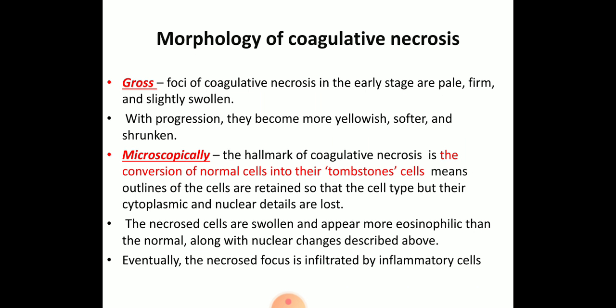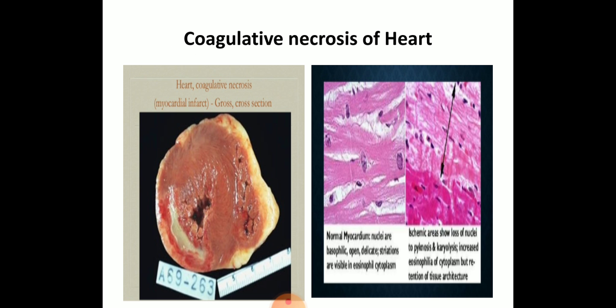The necrosed cells are swollen and appear more eosinophilic than normal, along with characteristic nuclear changes like pyknosis, karyorrhexis, and karyolysis. Eventually, the necrosed focus is infiltrated by inflammatory cells. Here in the figure, you can see